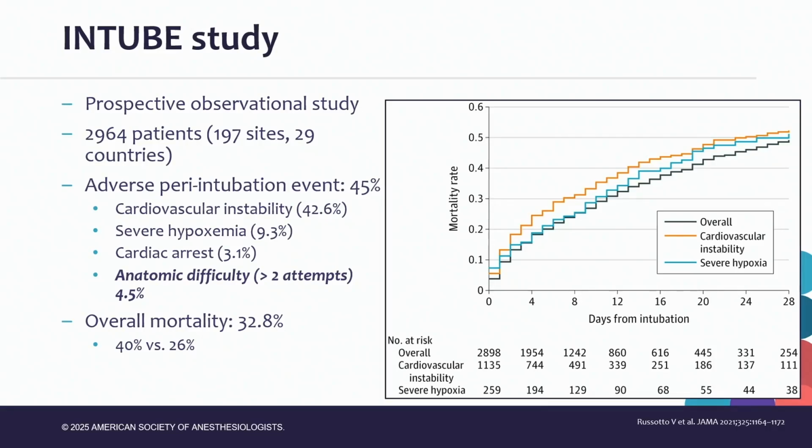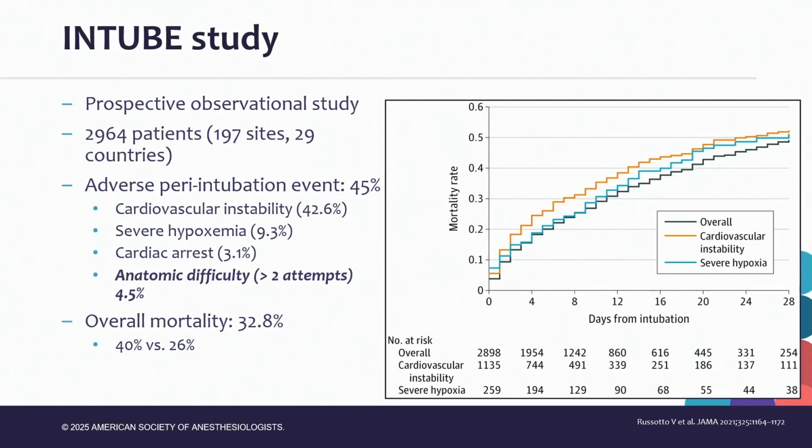This was a prospective observational study, had about 3,000 patients spread across the world. Now, what they found was that about 50% of these patients have some kind of an adverse peri-intubation event. Cardiovascular instability was the most common in about 43%, followed by hypoxemia in about 10%. Now, interestingly, anatomic difficulty, which they defined as more than 2 attempts, was only 4.5% as compared to the 43%